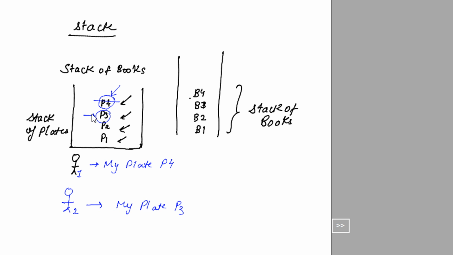You just take the top plate, whatever is available, and then you use it for eating food. Just imagine any marriage function or any get together where you go. We have a stack of plates. You just pick the top plate and then you take the food in that plate. You don't pull n minus one and take out the bottom plate. You would never do that unless you feel like doing something of a very weird kind. So now let's say these two plates are consumed.